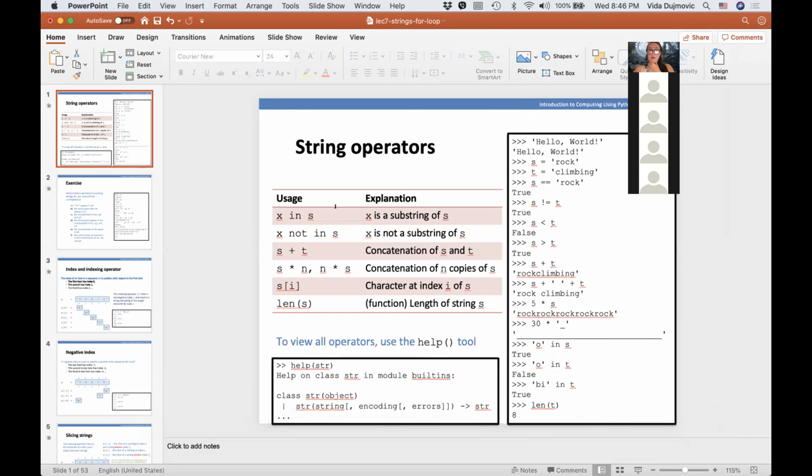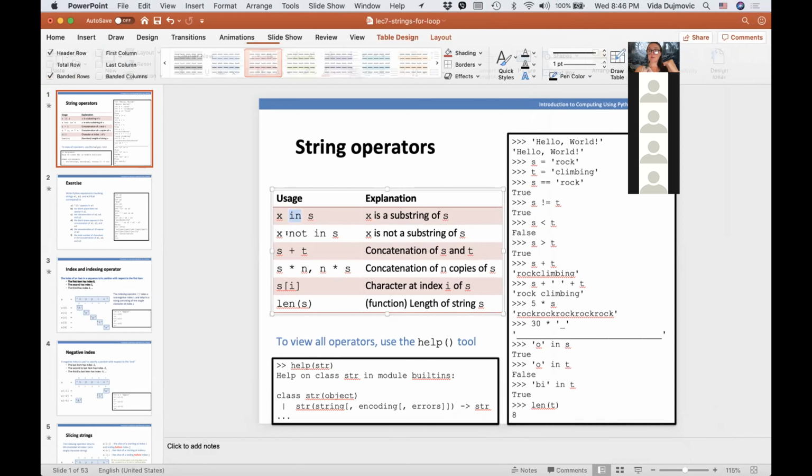One of the things we saw last time is this super powerful operator in, that allows you to ask a question of the type: is a string X a substring of a given string S? You can even ask, is X not in S? We already saw it in the last class.